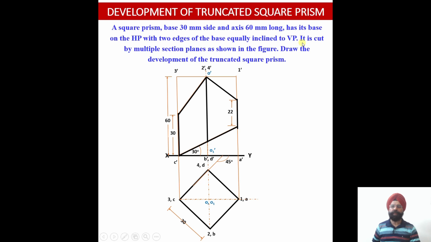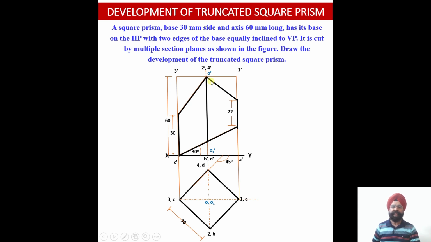Now this square prism has been cut by multiple section planes as indicated in the figure below. Now please check the first cutting plane. You can see this is the first cutting plane, which has the orientation as it is shown over here, but it is going to cut the square prism on one side of the axis. And what happens once it reaches the axis point? It changes direction, and the orientation of the plane has changed over here. So you can treat it as one cutting plane, or you can have cutting plane number 1 and cutting plane number 2 over here, right?